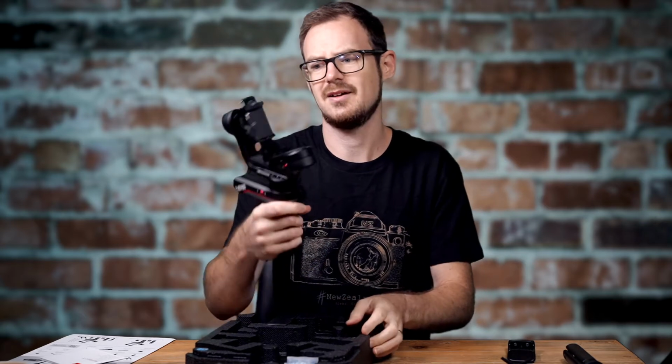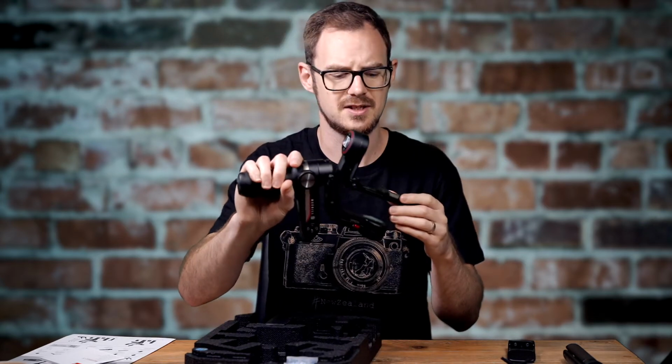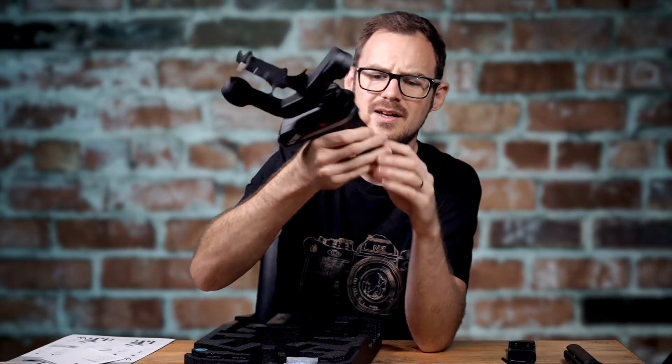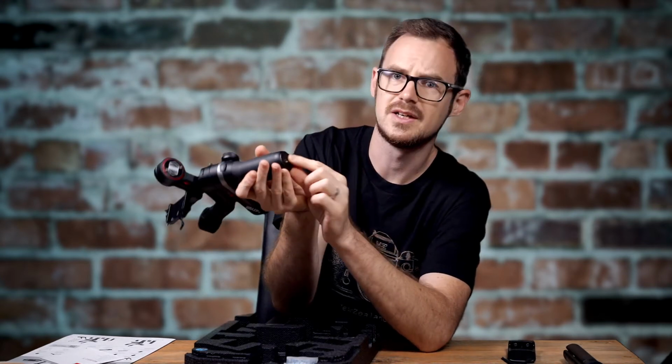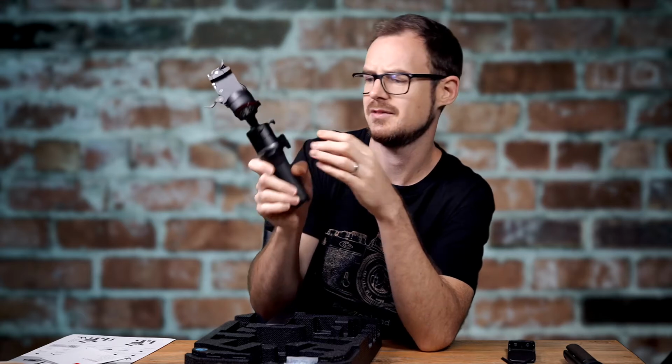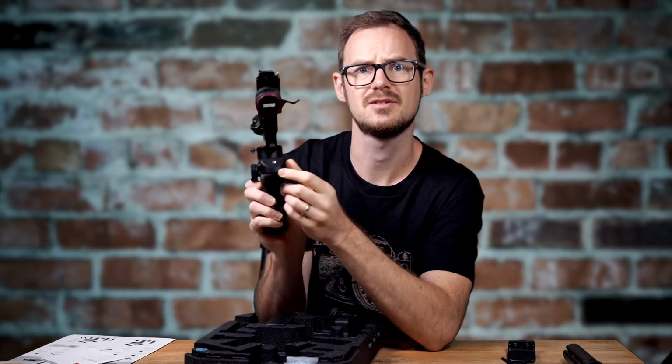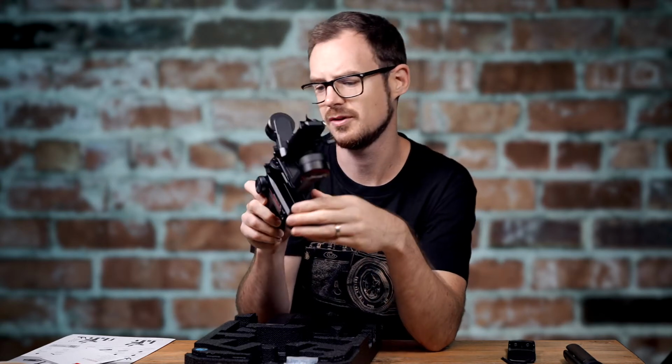So onto the actual gimbal itself. Now this looks like a better proposition than, sorry, that's an awful noise, the original Weebill Lab. It's just a little bit more refined in design. We have nice rosetted logos back there. They've lost the rubberiness on the mounting plate down here. They've still got the holes for the locking up here on the underslung mode, rosette, whatever you call it. Now the other differences,